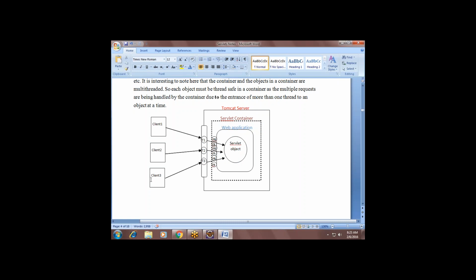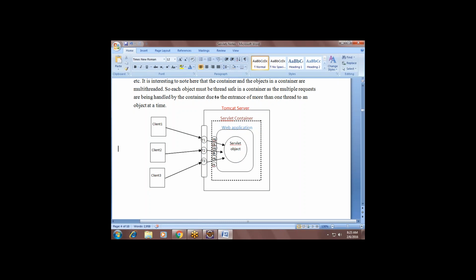If 3 clients are making requests, it will create 3 threads. Each thread can carry its own task. And along with that, it will create a request object and a response object for every request.